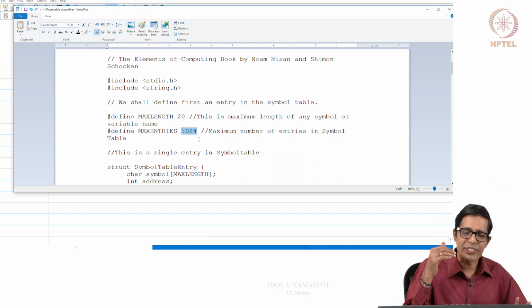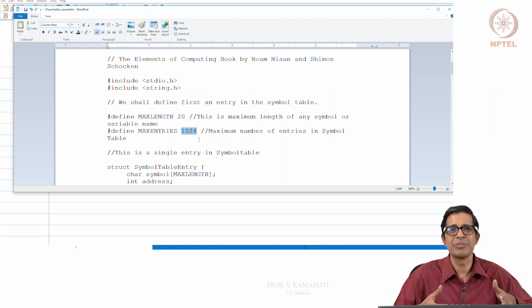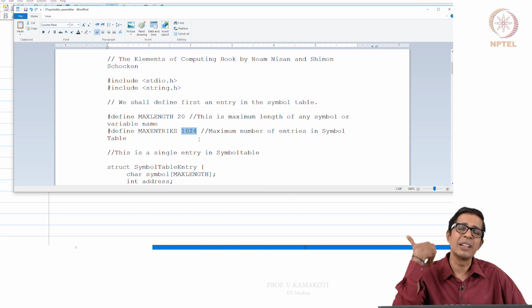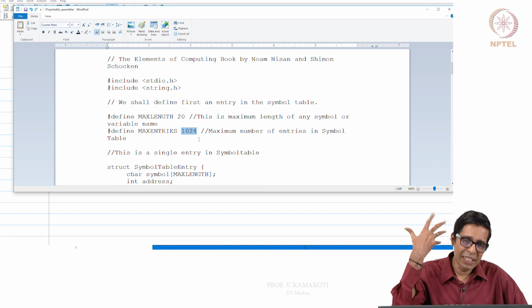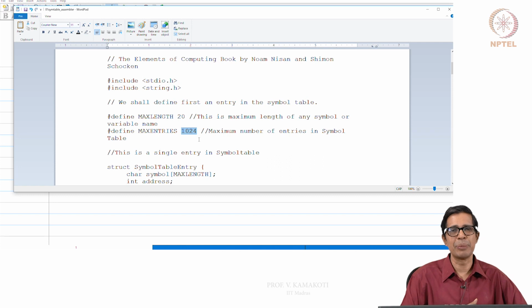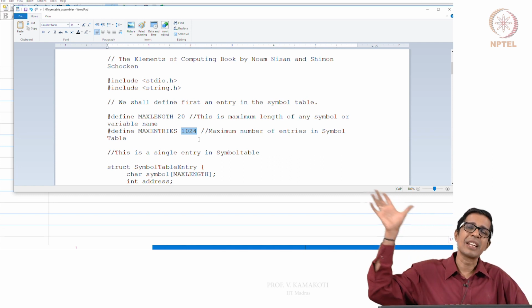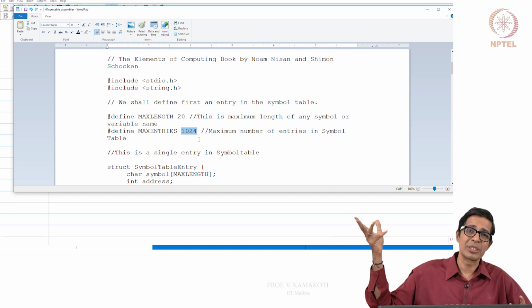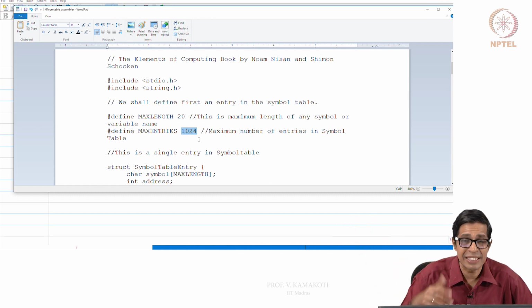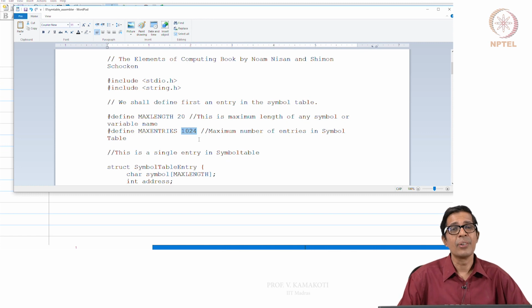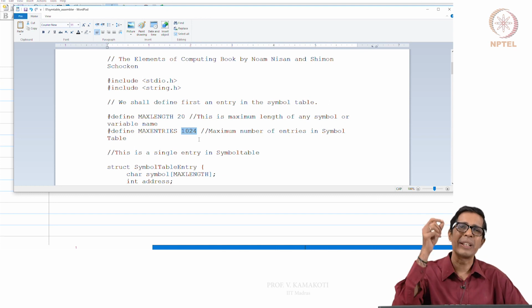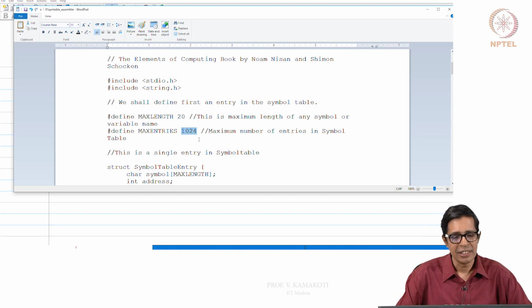So these types of assumptions have to come out when a system stack is made, so that when the interpreter is generating the assembly program, it should know that it cannot have a string of infinite length, it cannot have a large number of symbols, right? So these are some very important points that we note when we start developing a system software stack, right?